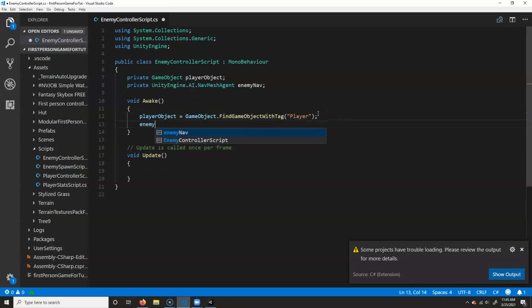So this will be enemy nav will be equal to get component, right? Like we had before. And the component we're going to get is that big long thing again, UnityEngine.AI.NavMeshAgent, like this. All right, that's it, right? Yeah, that nav mesh agent. And then all we're going to do is